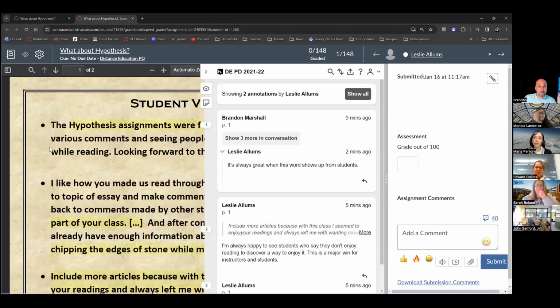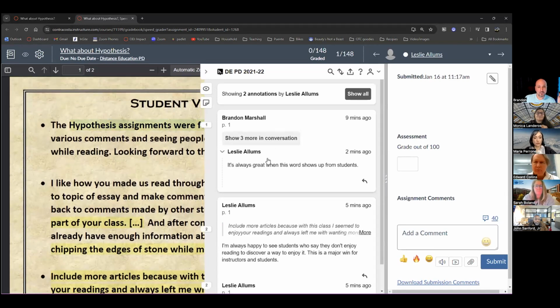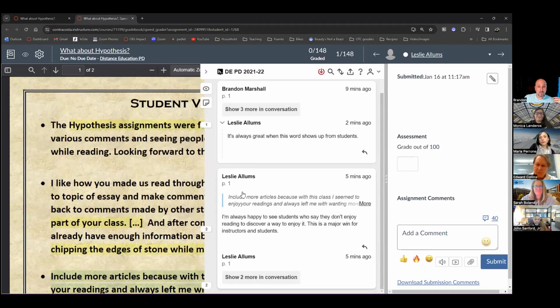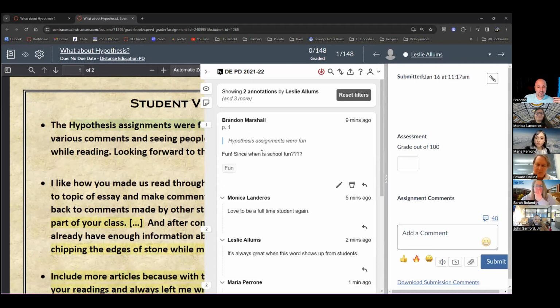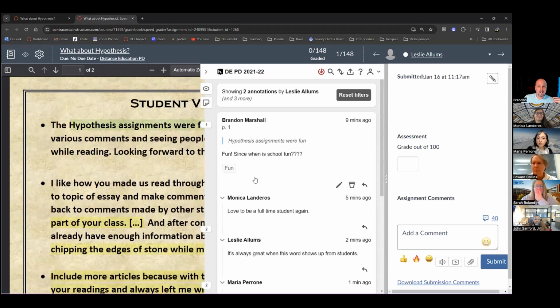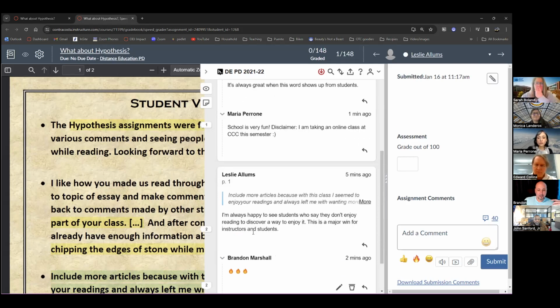It takes a second to load, but you'll see the whole document loads, and then here's Leslie. Sorry to put you on the spot, Leslie. You're number one in my book anyway. Here you see that only her comments show up, and if you want to see the context, you can click to show more and see where in the whole conversation she was, or you could just look at her own annotations. You're able to get all the things she's saying and all the different people who've commented on her and who she has commented on.